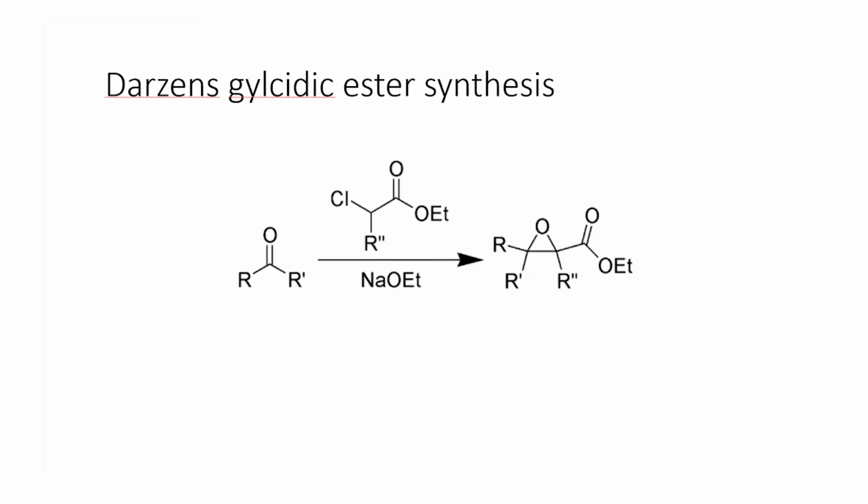So this reaction is the following, where you start with the ketone and you react it with this alpha chloroester. So this is something that we have already looked at previously about how to synthesize, for example, alpha bromo esters and alpha chloroesters. So this can be fairly easily synthesized. And now in the presence of sodium ethoxide, there's a very interesting transformation that occurs.